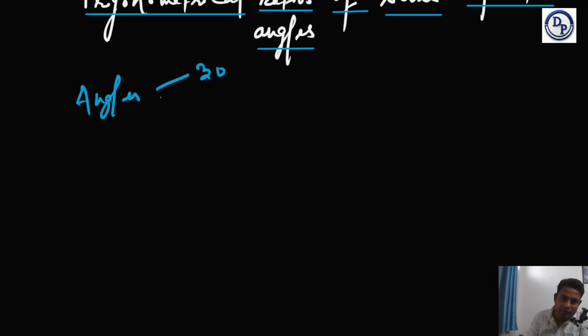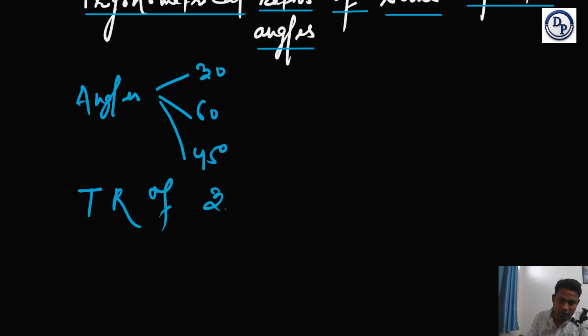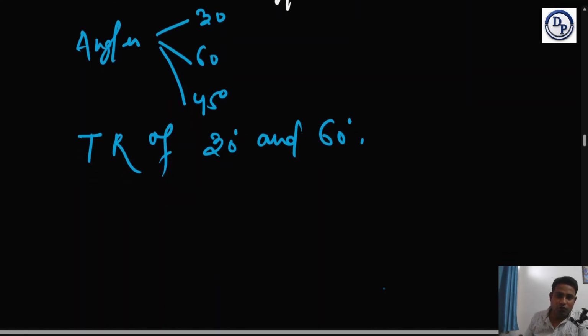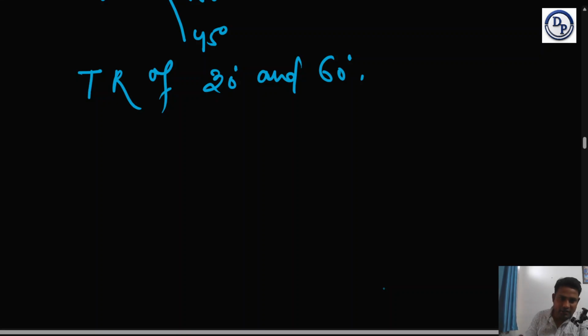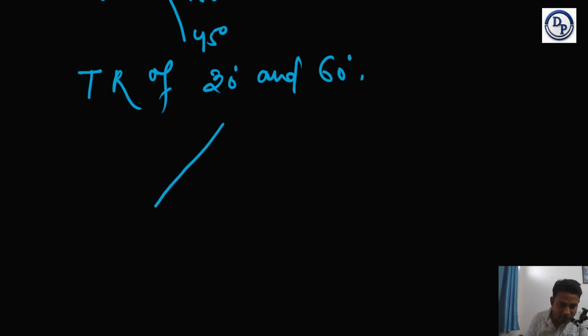30 degree, 60 degree, and 45 degree. First of all, we are going to learn about the trigonometrical ratios of 30 degree and 60 degree. We're going to learn how you can work out these ratios' values using these angles. So for 30 degree and 60 degree, we are going to draw an equilateral triangle